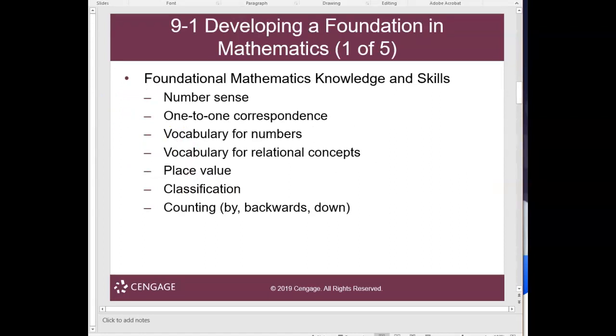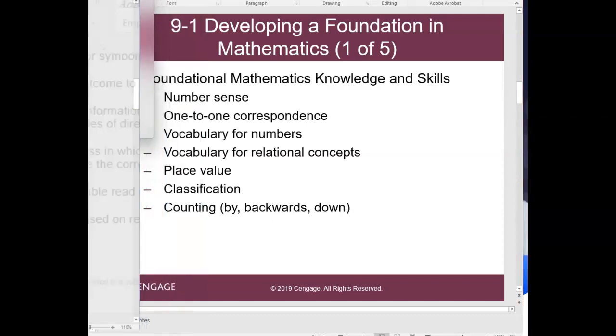So thinking about things, these early number skills typically happen when students are 3, 4, 5, 6. But students with high incidence disabilities are going to be in some of these stages for a lot longer than some of your other students. Okay, so for example, number sense is a pre-skill necessary